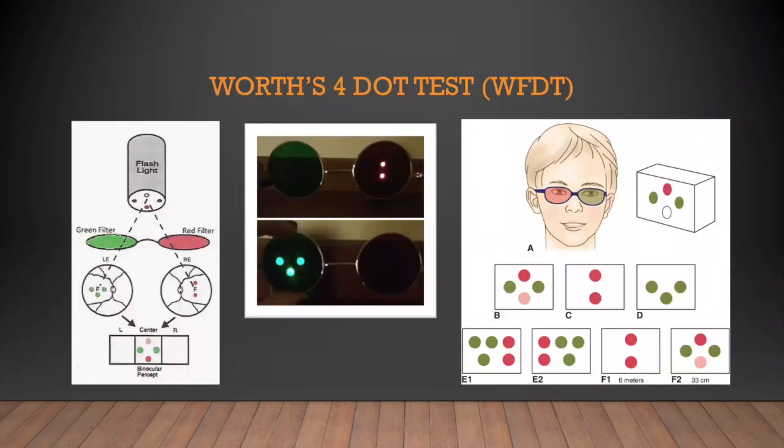The next test for this sensory examination is your Wirtz 4-dot test. It is an extremely important test. It is there on our basic Snellen's drum, and we all have in our boxes red and green filters. So it's something that you can use every time, at least for distance. Now, what this does is the same principle. You're giving one eye red glasses, the other eye a green filter, and you are having a 4-dot target.